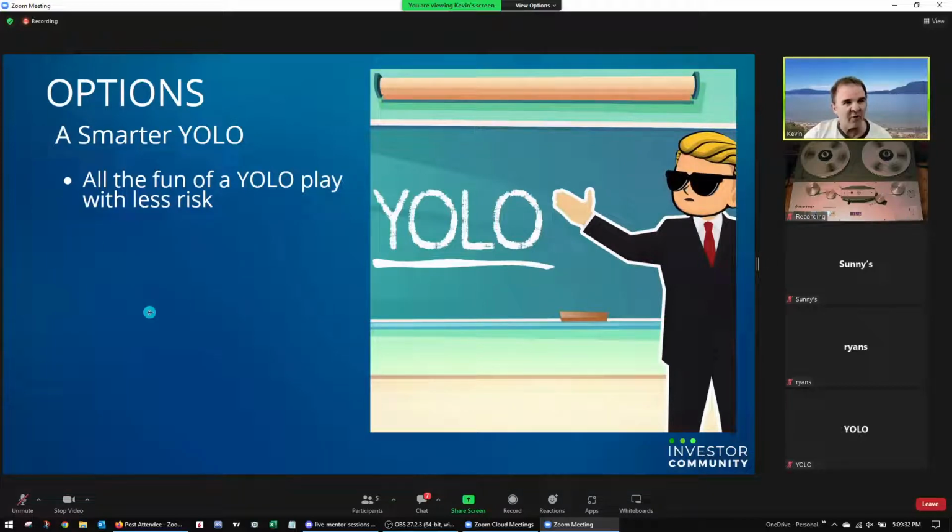One of the things that's cool about this play is it's basically a YOLO play. It's fun. But there's less risk in this, because we have a really good chance of actually making a tiny little bit of money. So basically, we have a really good chance of turning this into a free trade. We're going for the YOLO. We're going for the great big payoff. We're not going to hit that very often, right? I mean, that's sort of what makes it a YOLO or a lottery ticket, right? We're rarely going to hit that big payoff, but occasionally we will. But along the way, we make little tiny bits of money most of the time. So it's like a free play.